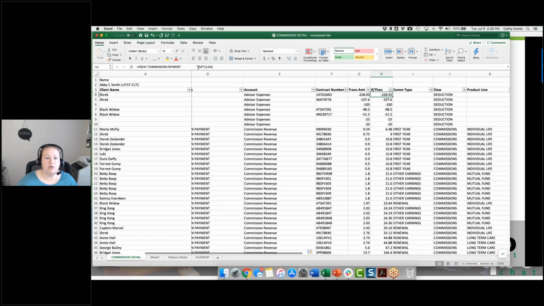So what I can do is right here, you'll see it says value if true. So first, I want commission payment. I want the cell to say commission payment or be right next to it, right? Commission payment, that's true, right? Now I want to add another one. So I can say if I'm adding a whole other one, product line over here equals individual life, right? Comma,